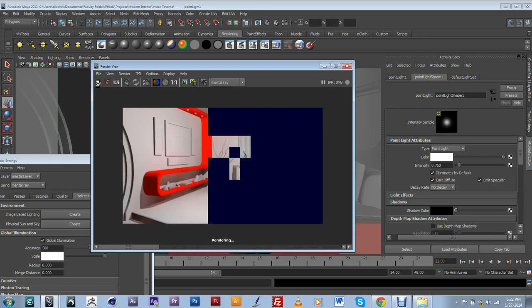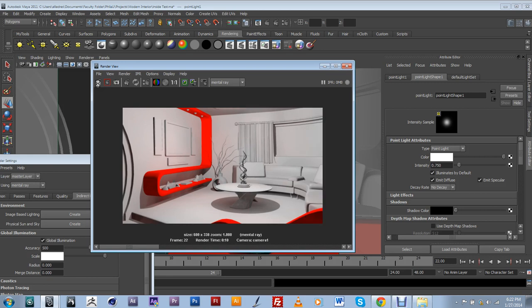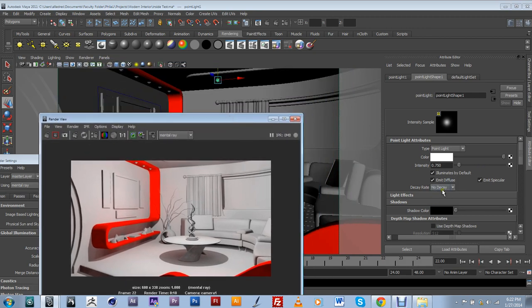At first they're going to look a little sharp, a little strong, but it's looking really nice. But I also want to start simulating the decay of my light, so I'm just going to go ahead and change it to linear. Now, again, depending on the kind of decay that you want for your scene, the more realistic that you can get is usually cubic. But one thing that you're going to notice, and again, I'm just going to be using linear for mine, is that when you change the decay rate,